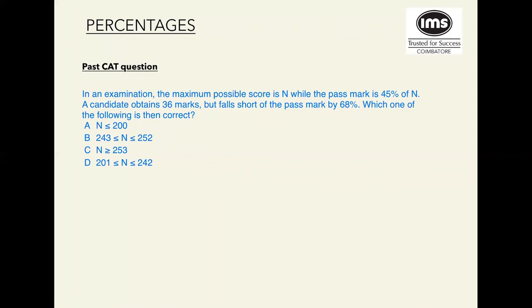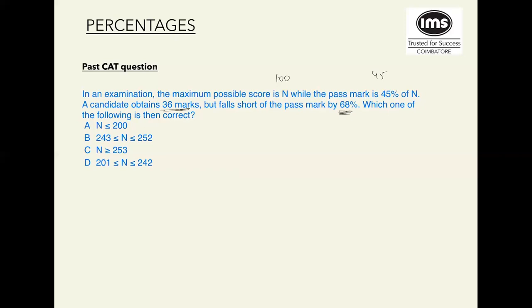So let's say the maximum score is 100, just as an example. We're saying the pass mark is 45. If somebody takes 36, they're short of the pass mark by 68%. Okay, the answer is not 100, because the values of n given are in the range of 200-something. Either it's less than 200, or between 201 and 242, or 243 to 252, or 253 or greater. So from the information given, the key part is the candidate obtains 36 marks and is short of the